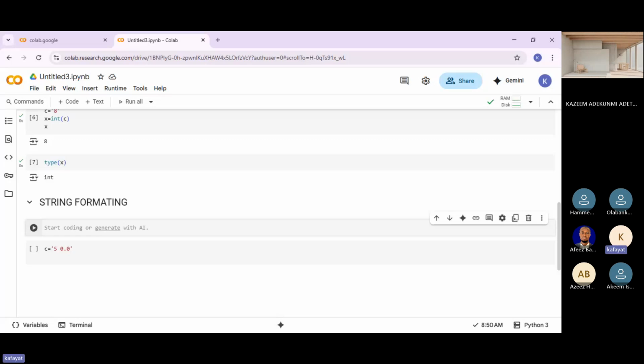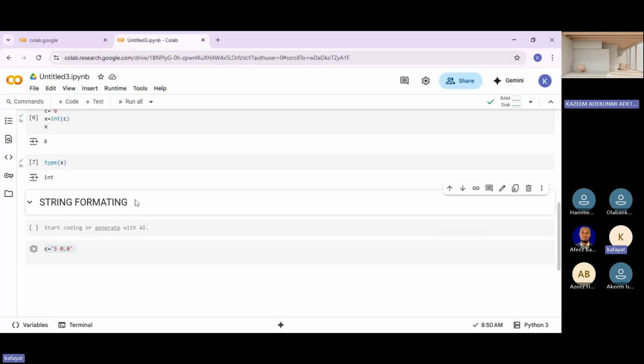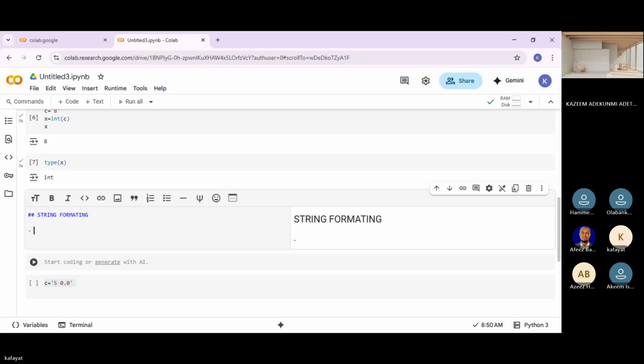For instance, let me give this now. Some basic string formatting first. Let me first of all name them. We have the strip function. This strip function is the same thing as what?